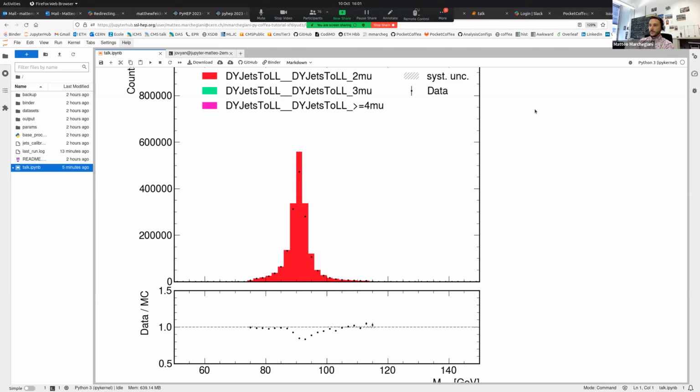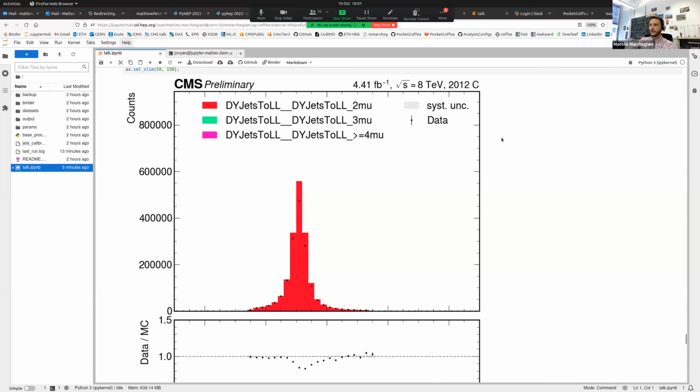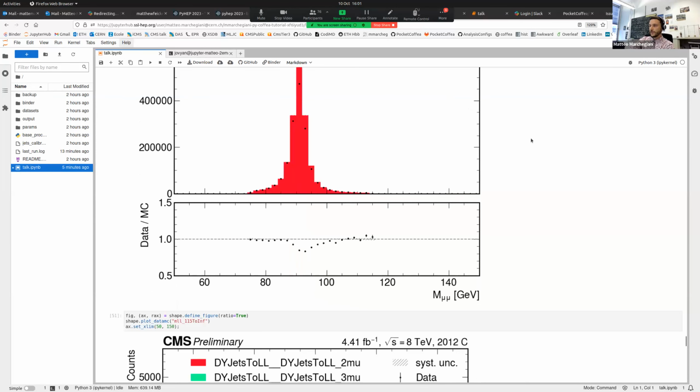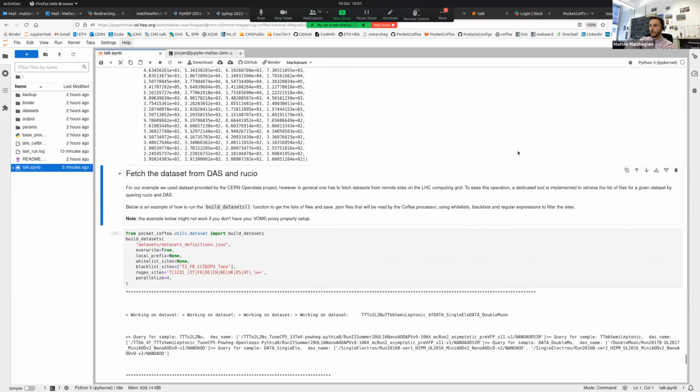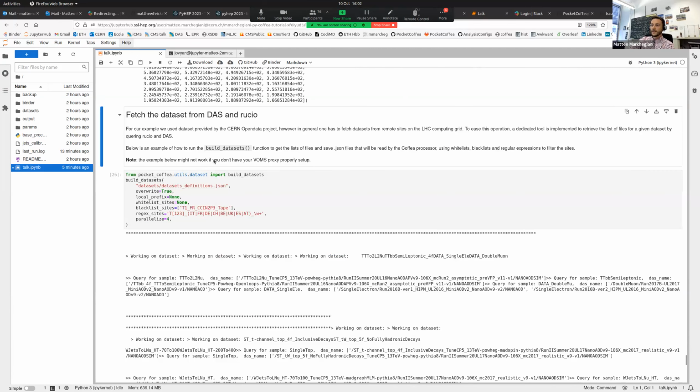And regarding implementing features in Coffea, of course, if there is something that is not specific to PocketCoffea and can be generalized to Coffea, we are happy to contribute to Coffea and make it general to Coffea, not only to our configuration framework. And I think this already happened. Like Davide made a contribution to Coffea on this DAS and Rucio datasets handling. This is an example. It's not PocketCoffea specific. Like everyone